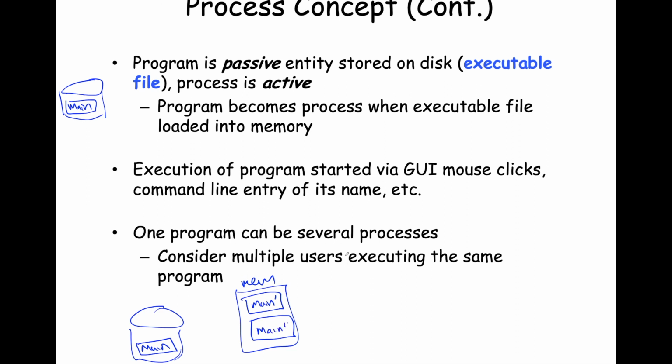Now, here, you can have multiple copies of the same program executing, for example, in a multi-user system if more than one person is running it. So let's say you and I both have an account on the same machine. You decide to run Spotify. I decide to run Spotify. We're both running Spotify. Two copies of the Spotify program are in memory. One of them is owned by you, and the other copy is being run by me. So you can absolutely have one program exist as several processes because you can have different instances of this active entity, this program in execution, being scheduled on the CPU.